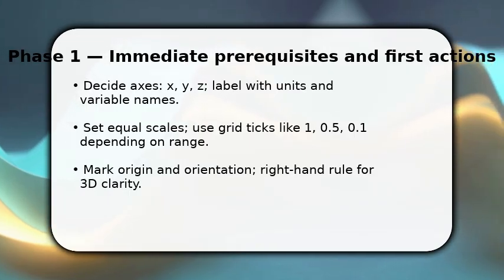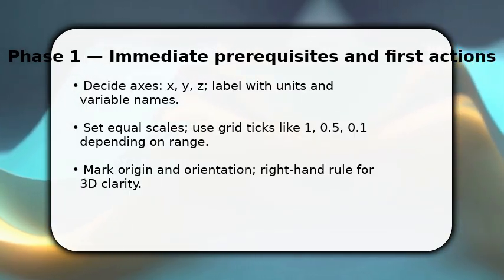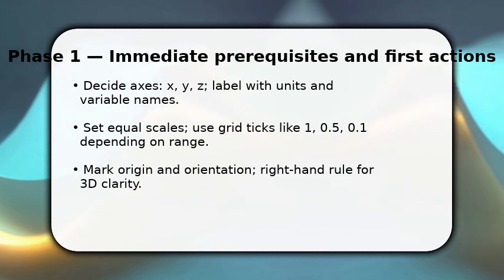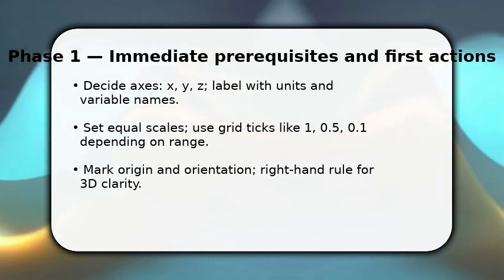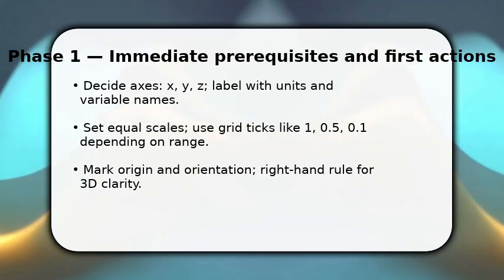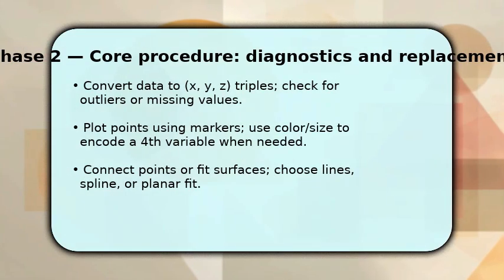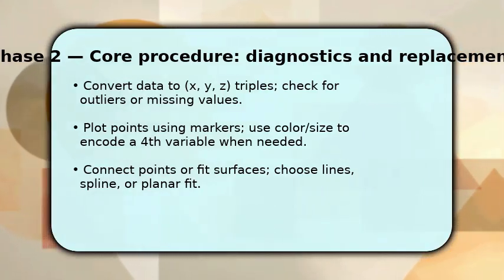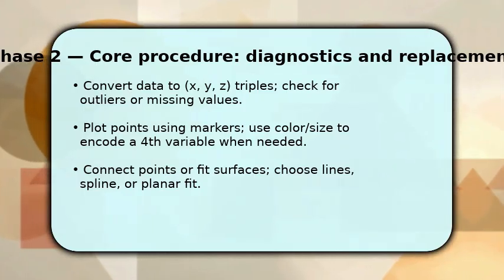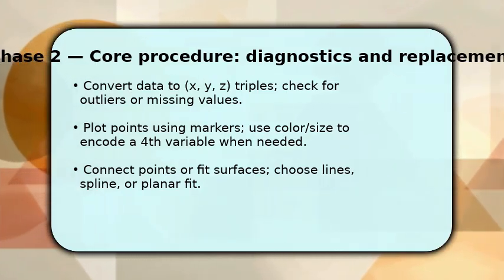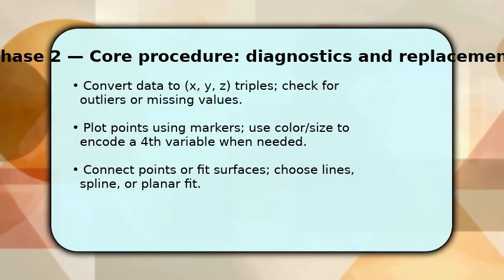Once done, prepare your data list of X, Y, Z triples, and sort ranges, so your plotting window fits all points. You now place each X, Y, Z point on the axes, and here is how. Map X along the horizontal axis, Y along the lateral axis, and Z as vertical depth. This preserves geometric relationships. Use distinct markers so points are visible, and apply color or size to show a fourth